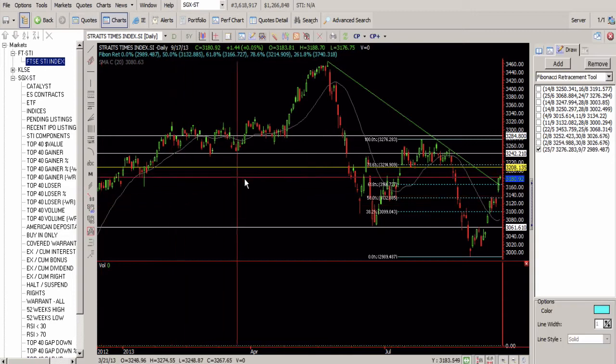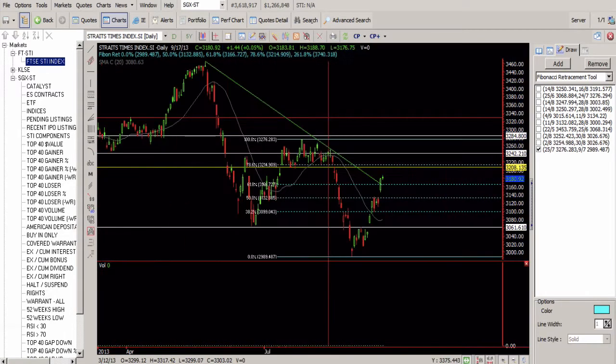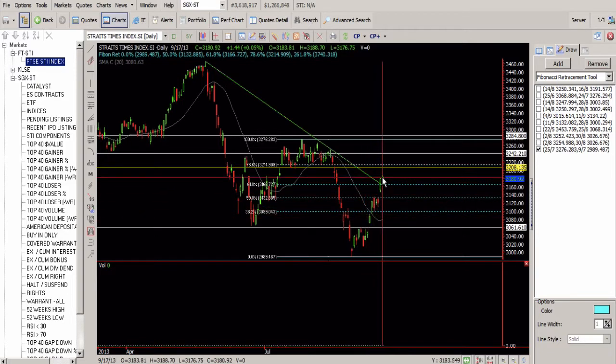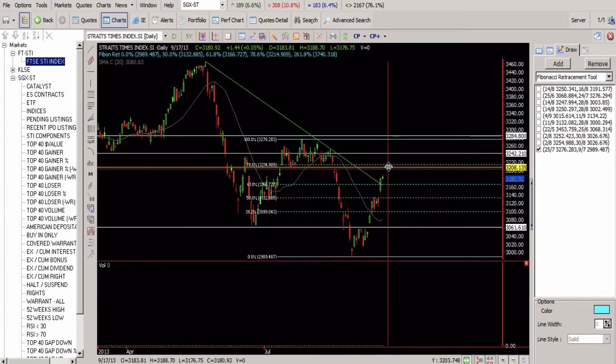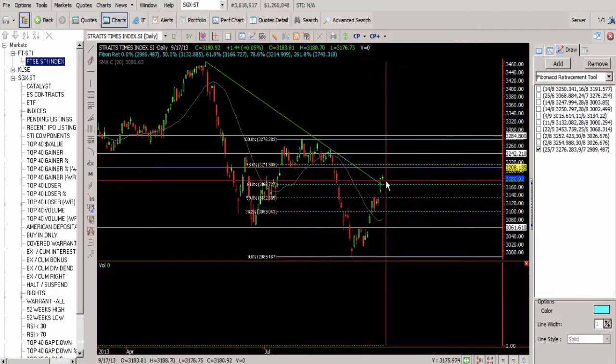I think last week I talked about the STI, and I said that because this bar here actually trapped a lot of shorts here, a lot of people shorted around this area, and when this bar opened, I said that there could be a big move up. My guess will be likely to be at least to this 3208. But it's hard to say, but you can see that it's quite a big move up already here,